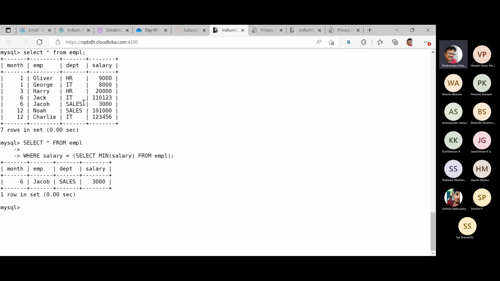Okay, so out of the members, very little salary is drawn by this sales guy, and of course he joined in the month of the 6th, and he belongs to the sales department. How to observe this particular statement, friends? Try to understand this thing. First, we need to get the minimum salary from the employee data. It is pretty simple: select min of salary from employee, but our requirement is